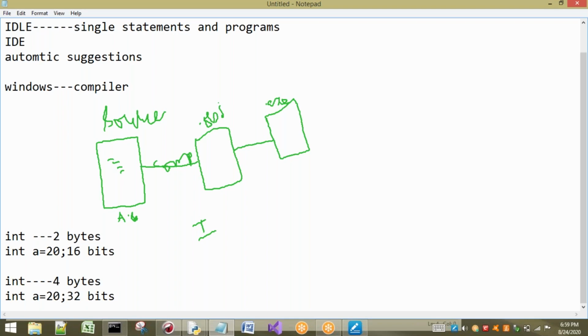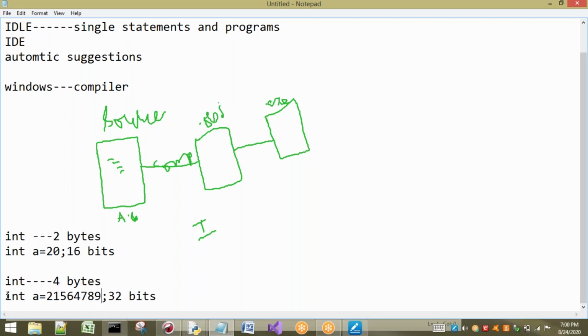So here I can store up to some limit, that is 2 power 16 minus 1. Actually, it is up to 2 power 15 minus 1, because we consider positive and negative values also. If we consider only positive values, we can store up to 65,536. If I have 32 bits, large values can be stored. For example, this value can be stored in 4 bytes. It is flexible, no problem.